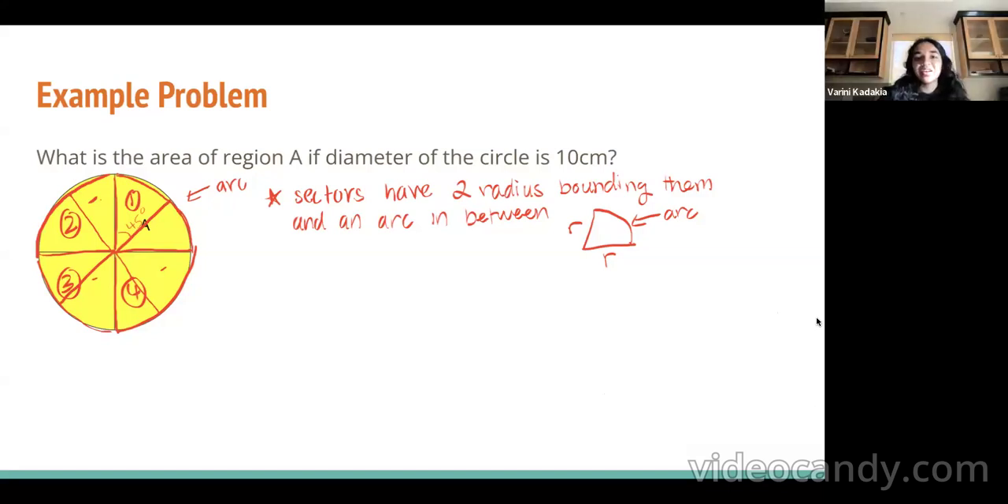Okay, thank you. So what I'm trying to show you guys is that every sector will divide the circle into equivalent areas. Does that make sense? So if you have a sector like this one that's 45 degrees,